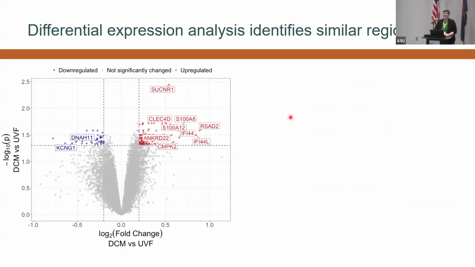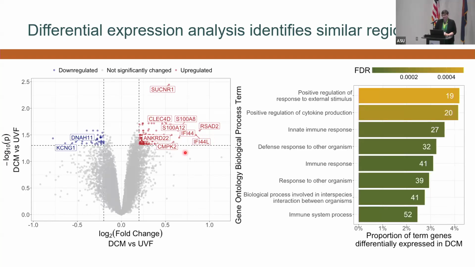So then we did a genome-wide differential expression analysis. This is in a subset of our patients, 246 that had RNA-seq, and that number is increasing every day. But for now, it's 246. And you can see that there's a lot of differentially expressed genes. You can see CLEC4D here, which is a paralog of CLEC7A. And you can also see interferon-inducible 44 and 44L. When we do a gene ontology enrichment analysis for these samples, we see what we expect, which is a lot of immune-related phenotypes, including regulation of cytokine production.